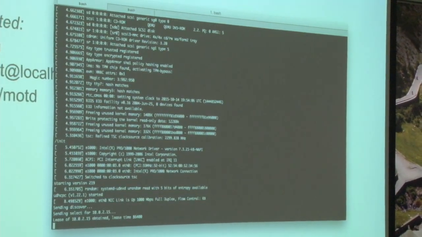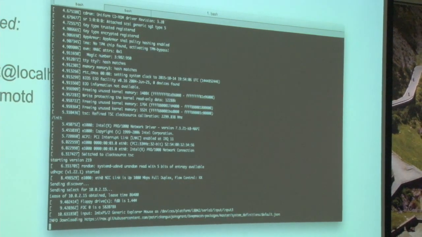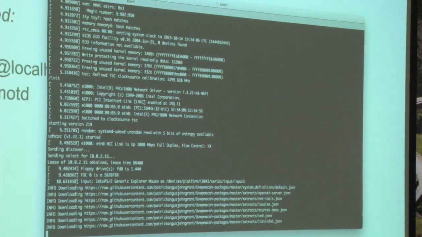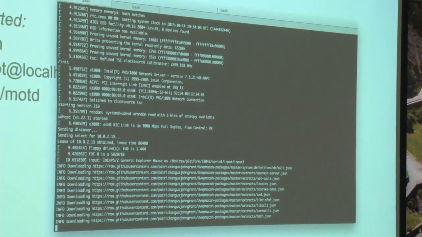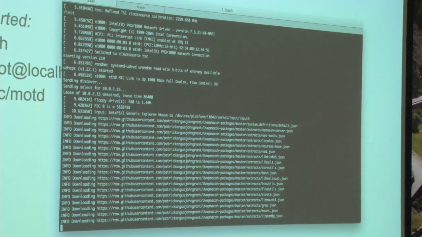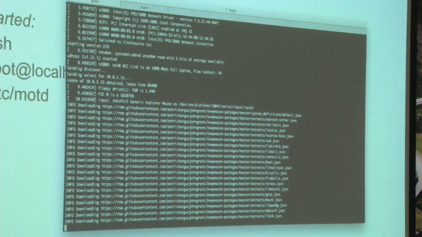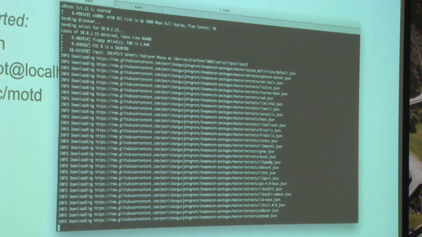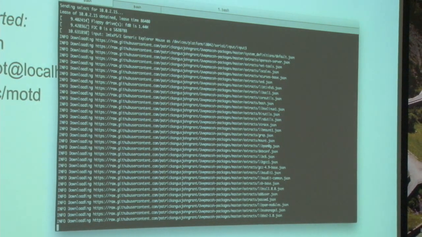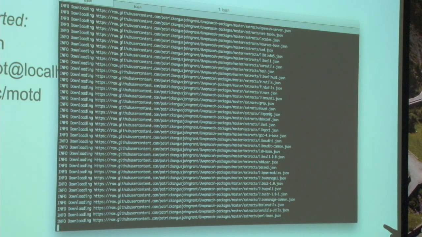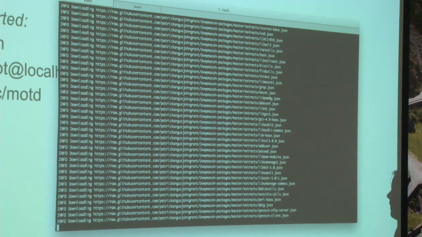It's got a custom initrd, and the initrd does a very minimal amount of stuff, just using DHCP to set up the network, and doing the file system pivoting before it starts.